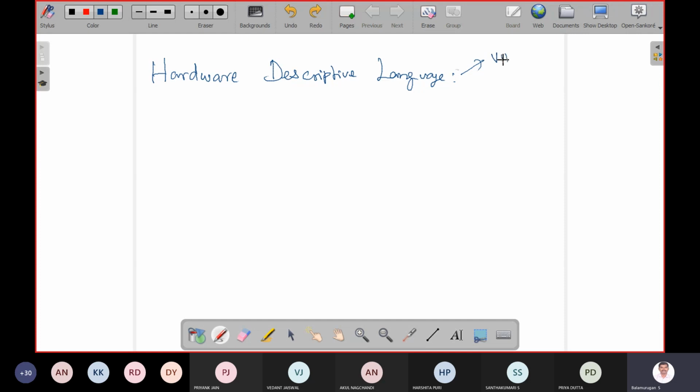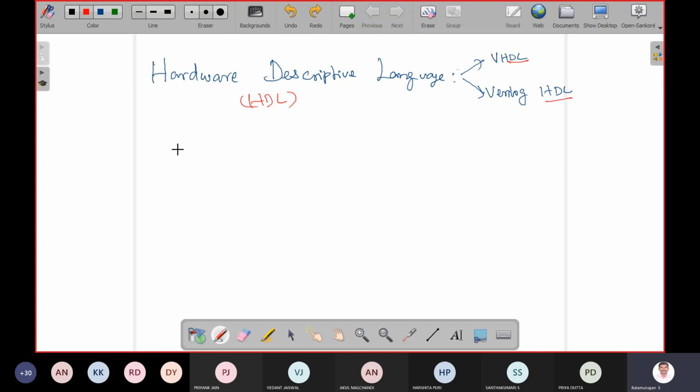One is VHDL, another one is Verilog HDL. HDL stands for hardware descriptive language.